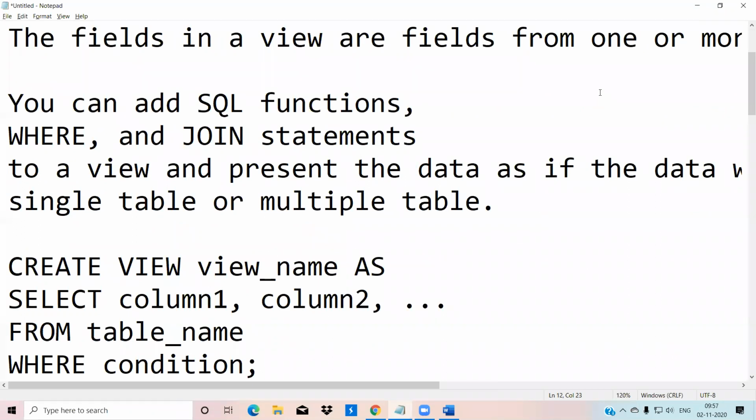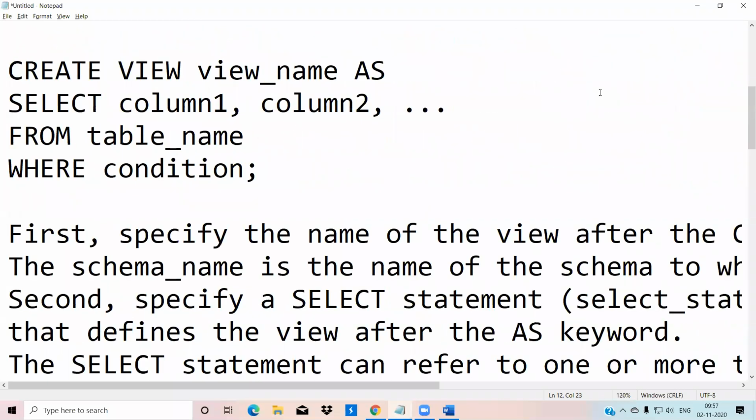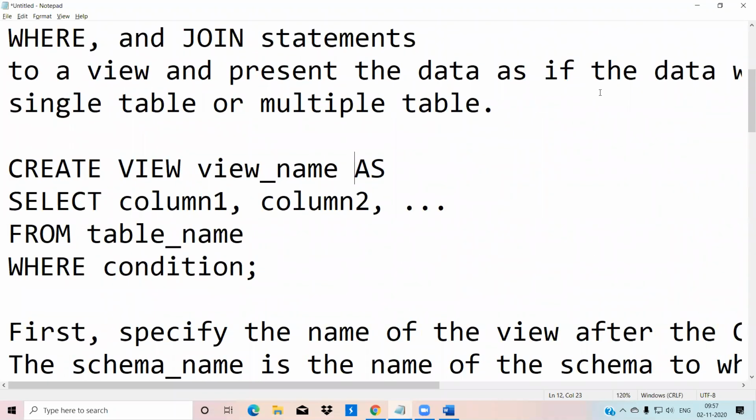It may be columns like roll number, name, age, or some kind of condition. Let it be anything. So create view name as select columns. Columns are known as attributes from a table where a given condition, whatever condition you require, you provide that. By that, you can create a view.